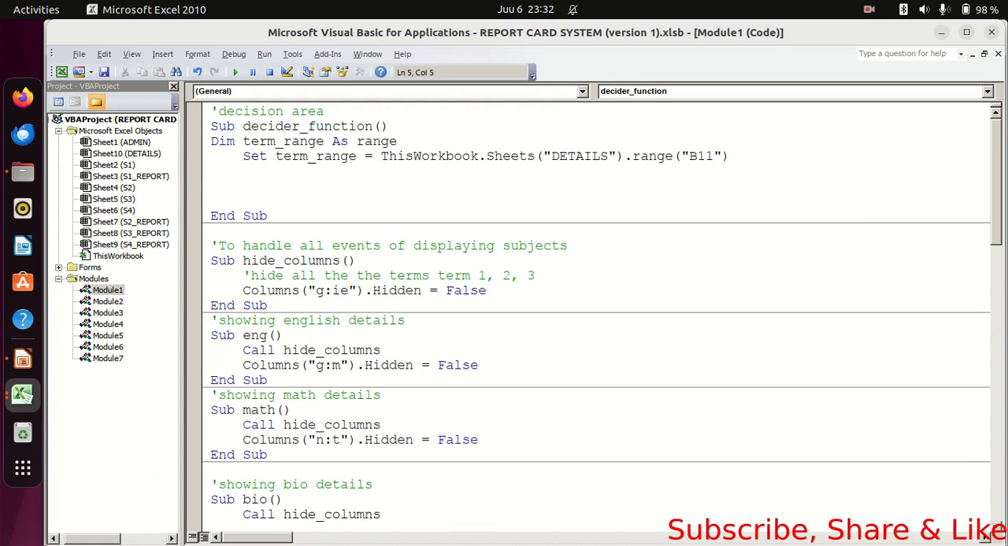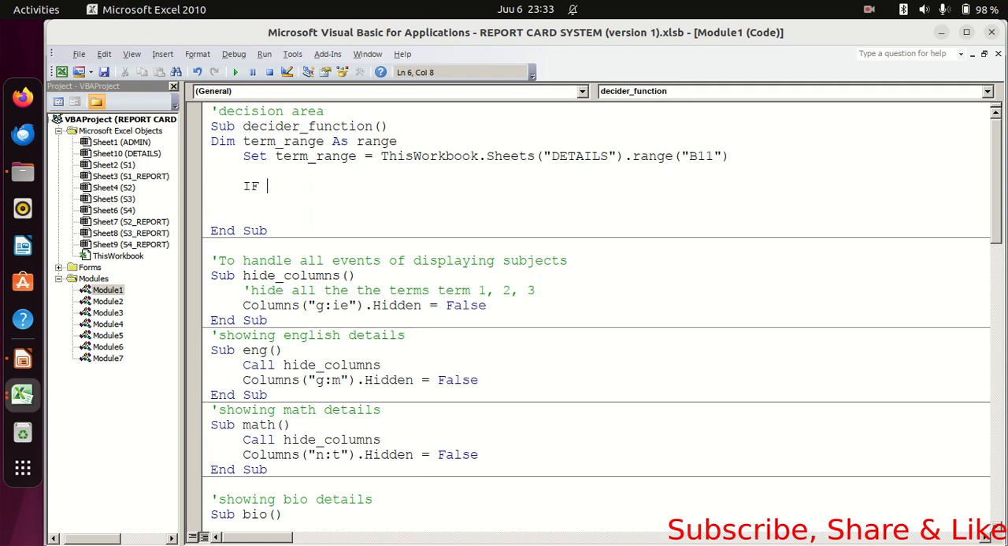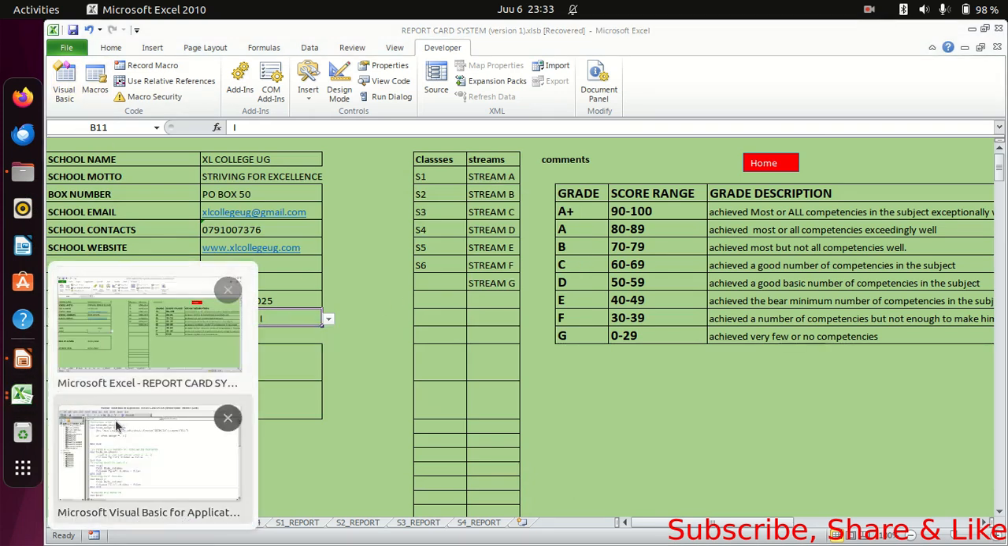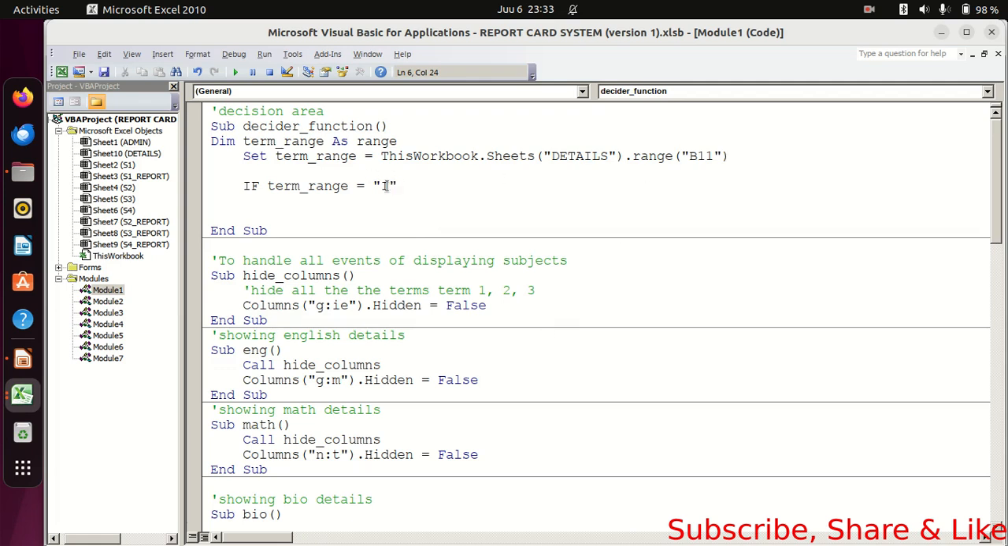So I'm going to simply decide and say if term_range equals to 1. Which category, which type of figures did I use? I used Romans and in capital. So I'll go back to Visual Basic. I'll say if term_range is equals to 1. Now what am I saying? I'm saying if this range, the one I named, is equals to 1, what should I say? Then